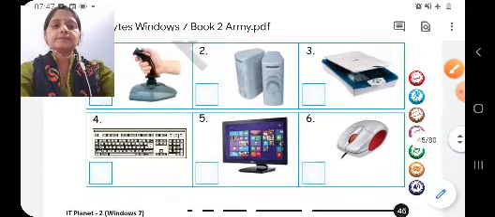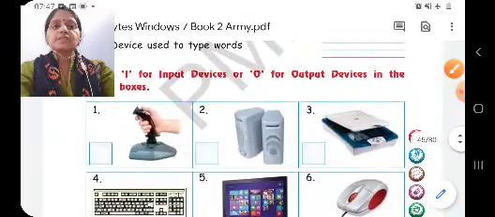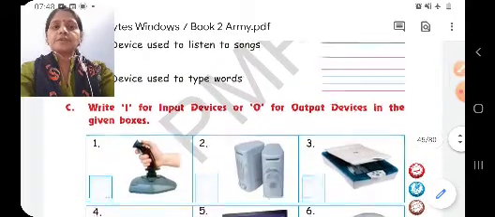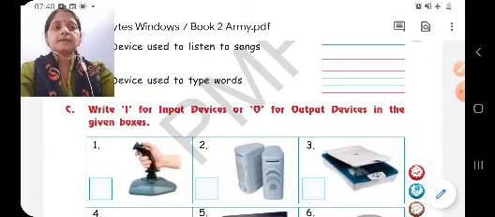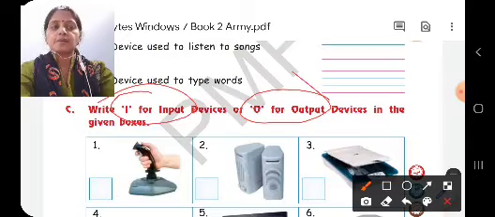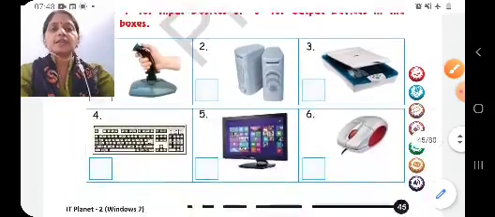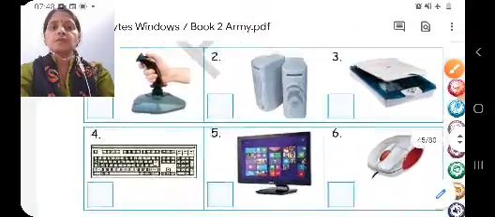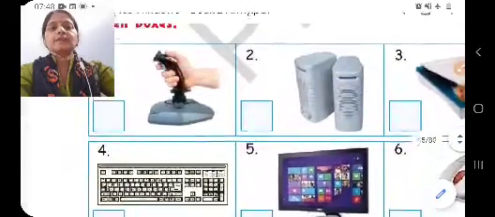Let us revise. So children, question number C, we have to write I for input device and O for output device in the given boxes. Now here are the boxes. In the boxes there is one more small box which is used to write the answer.